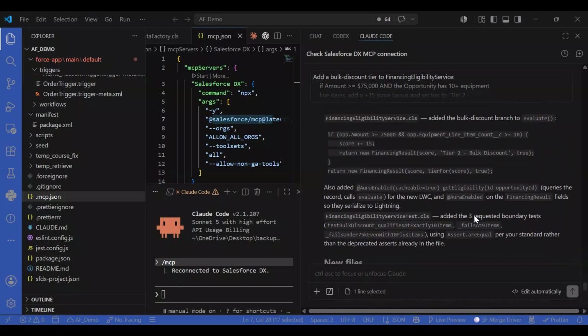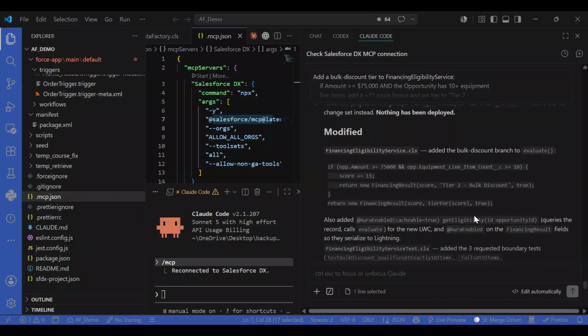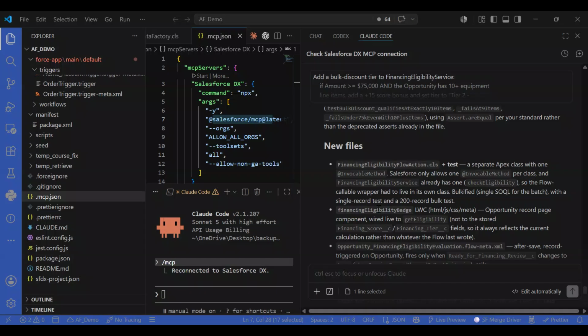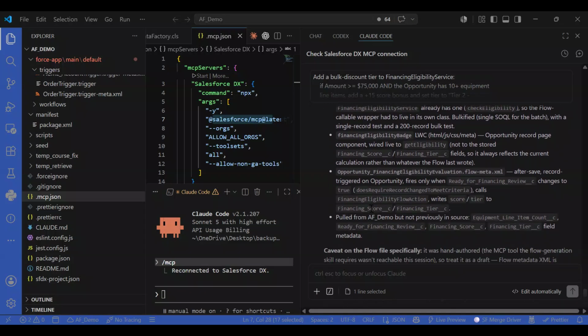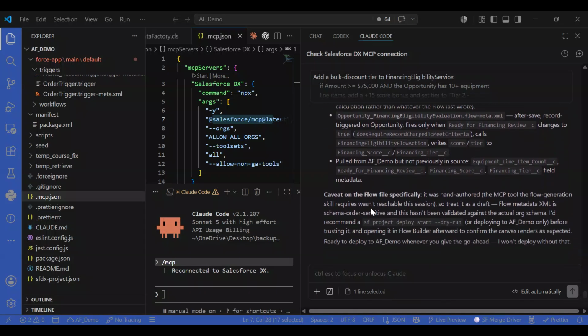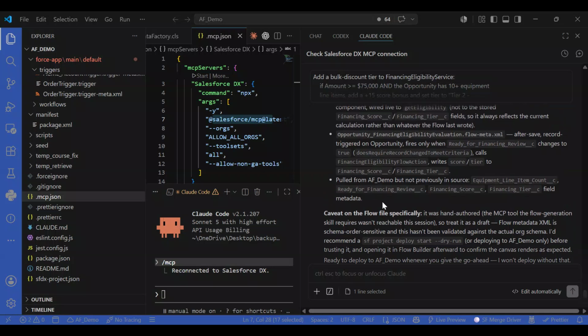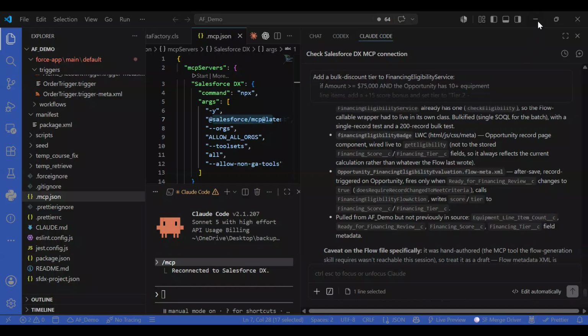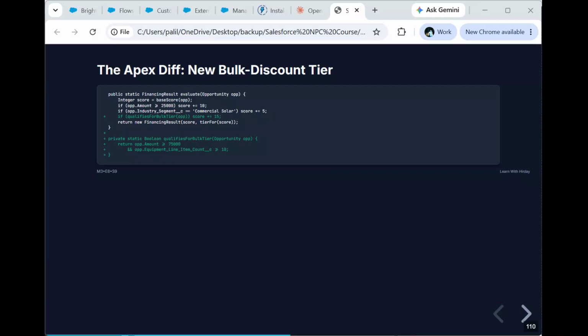So if you look over here, it tells me what it modified, what are the new files that it added, and also it tells that the flow was created manually instead of using the MCP tool. So in case if needed, we can go deep into an Apex class and then find it out. But when it says it modified,